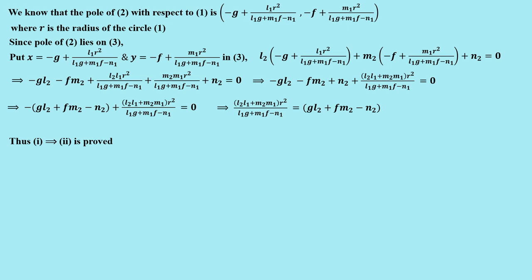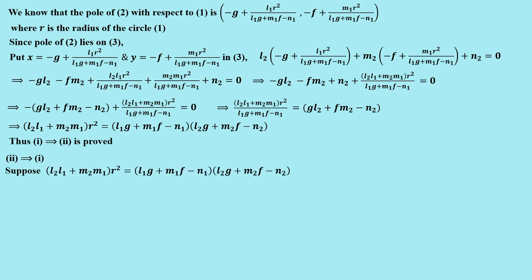We need to prove it like this. You just cross multiply and you get the standard result, that is 2: L1 L2 plus M1 M2 r square equals L1G plus M1F minus N1 into L2G plus M2F minus N2. Next, 2 implies 1, if and only if condition. Suppose L1 L2 plus M1 M2 r square equals L1G plus M1F minus N1 into L2G plus M2F minus N2, then we need to prove